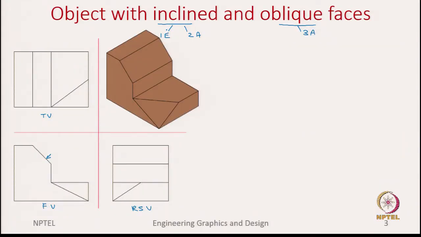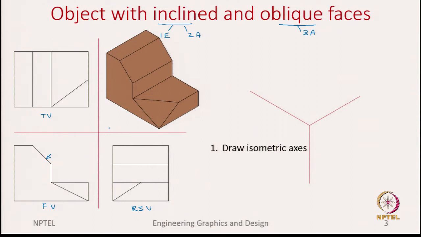So, this is how the object looks. But now let us see step by step how we draw the isometric view. Like previously, we will start with an isometric axis. We will first draw the isometric axis,